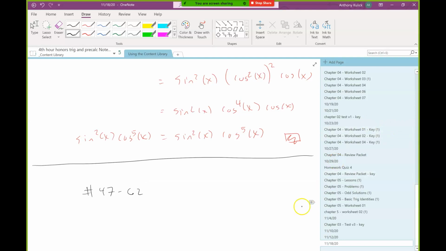So we're going to stop here because I've taken enough time here. I ideally would like to spend less than